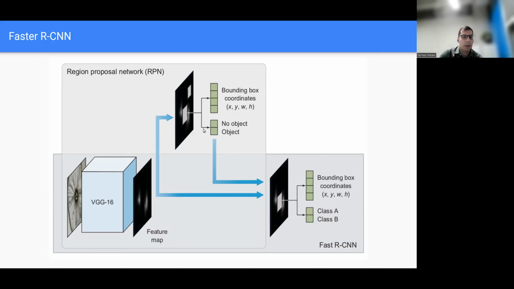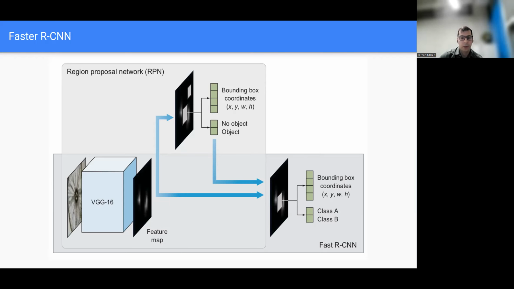So now we need to go through all of those boxes that have a high objectness score. If something is low objectness, we don't need to care. This information can go directly to the classification model, if we have two classes, class A and class B, and bounding box coordinates, which is something we actually have here as well. So that's how it works, and it is fully focused on convolutional operators.